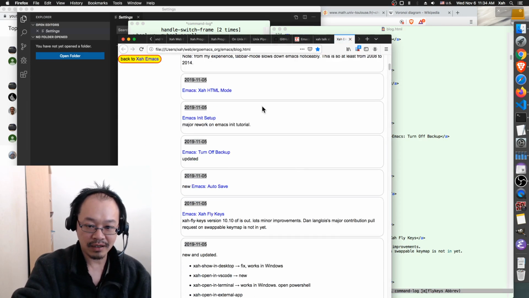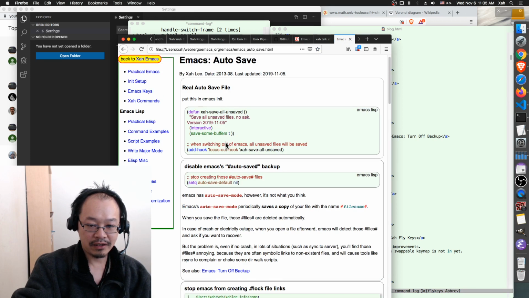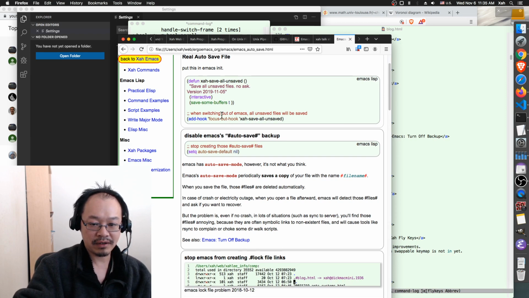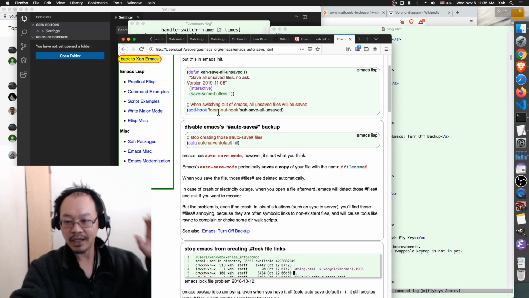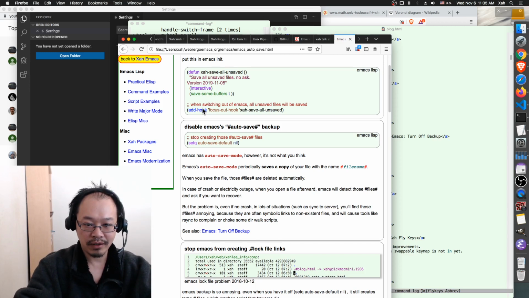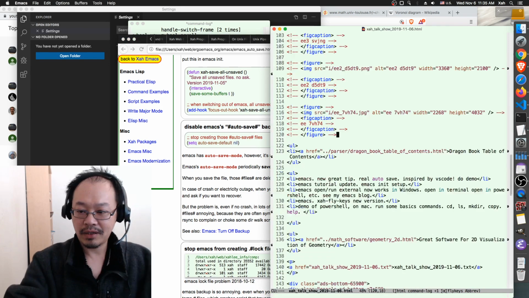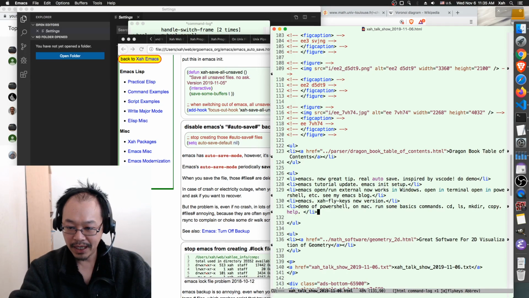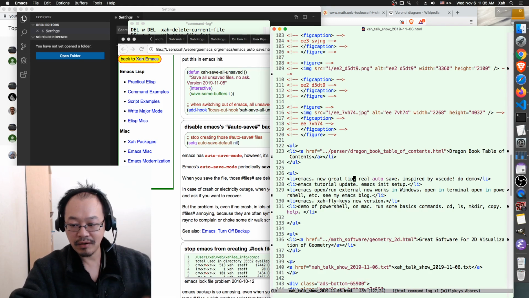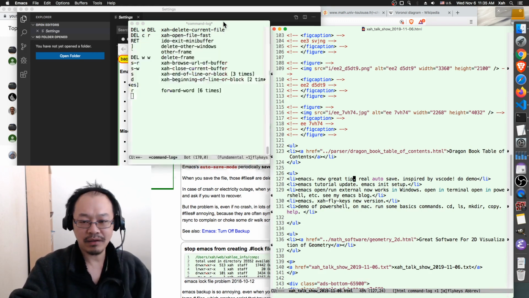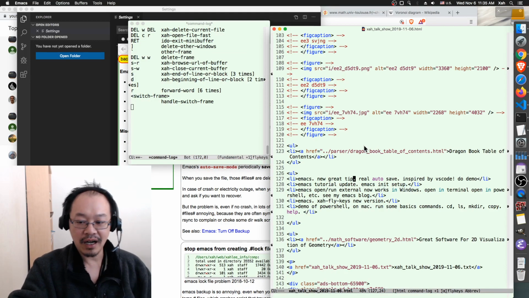then I recommend, if you like it, you can use that. So the code is here. It's very simple. It's just 7 lines. You go to my Emacs tutorial and you'll see it. And I'm using it right now. It's fantastic. So that's about, let's close that. So that's about the Emacs real autosave. Emacs itself has an autosave, but it's not like the